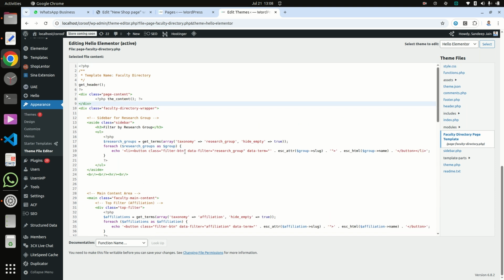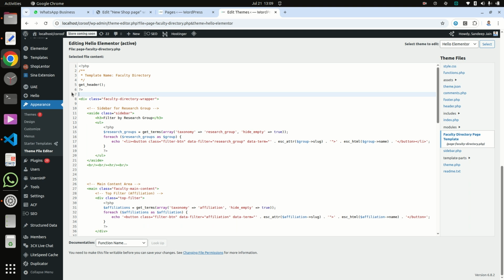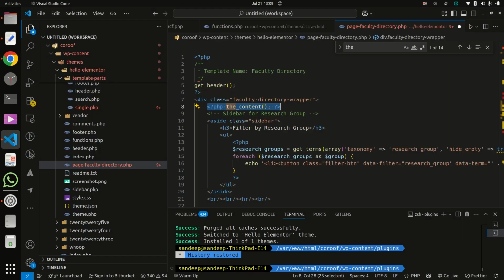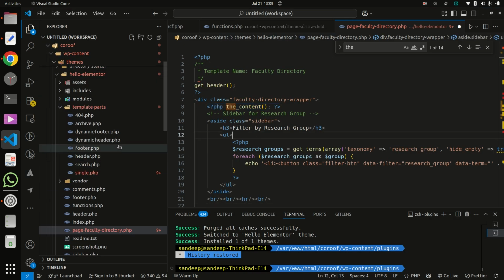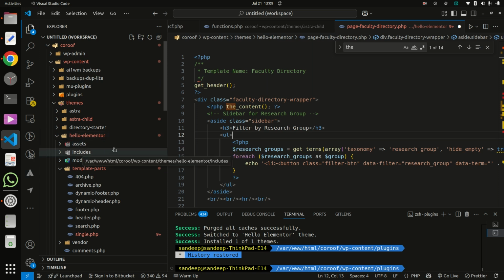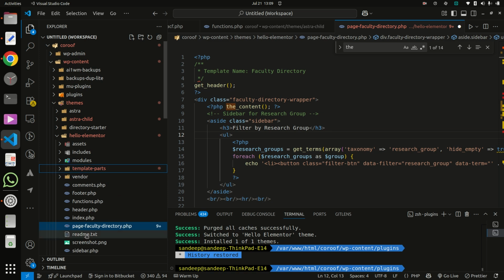Okay, I think it is not writable, so I am adding this code via our theme. So going to add here and paste template.